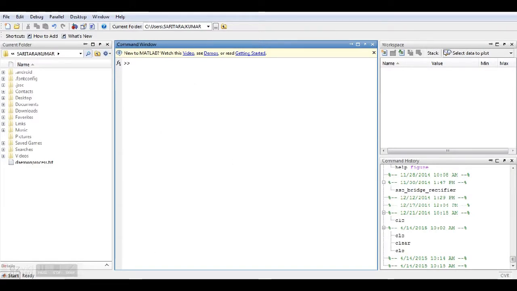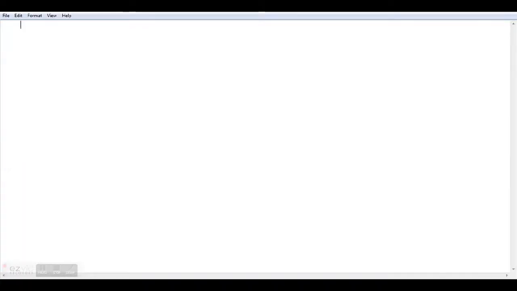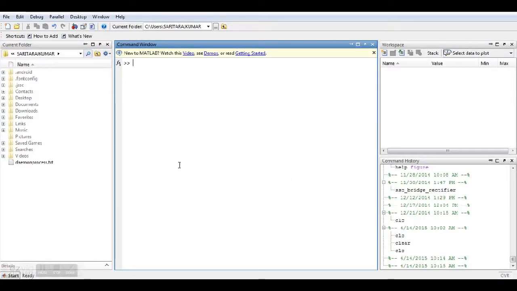So before going to examples of how to analyze applications in MATLAB, first we will go for the introduction of MATLAB. In this session I am going to discuss the basics, what things are present in the MATLAB software, what we can do, and how we are going to design applications. Everything we are going to discuss about MATLAB.